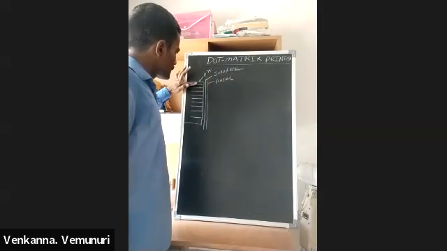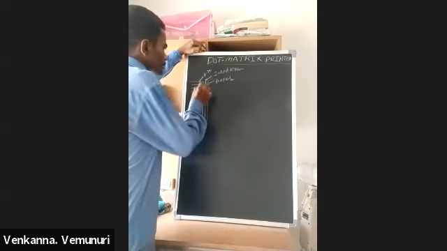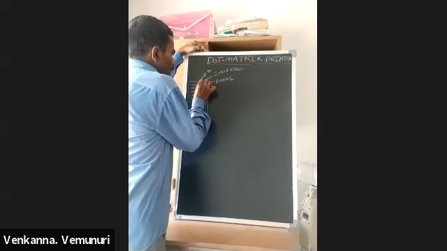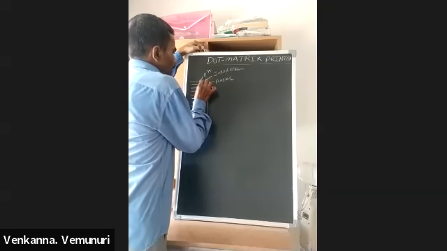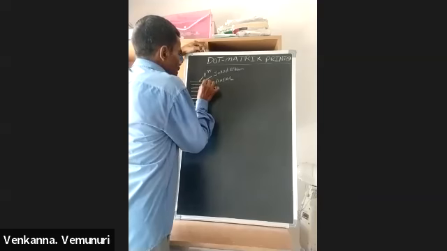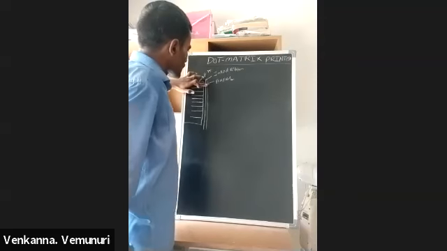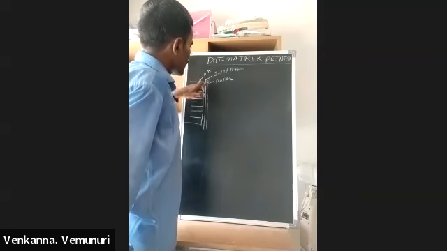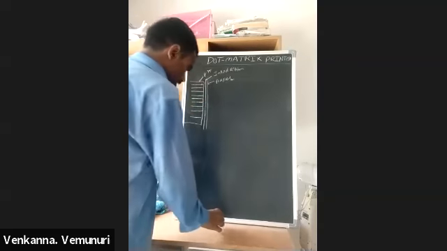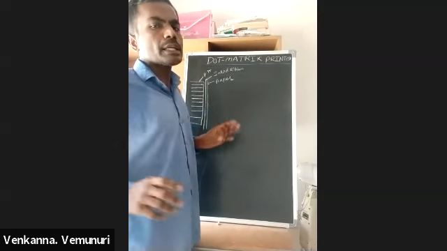Now, if this pin moves to the front side, means this pin is striking, then this pin touches the inked ribbon. The ink of the same size as the diameter of the pin is transferred from here to here. Means if this pin strikes, at that time one dot is created on this paper. Now we are discussing how this dot matrix printer prints characters.